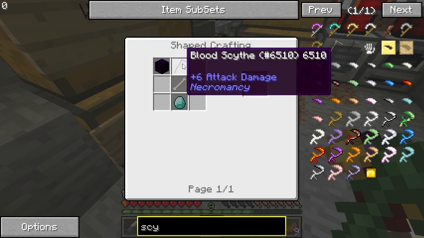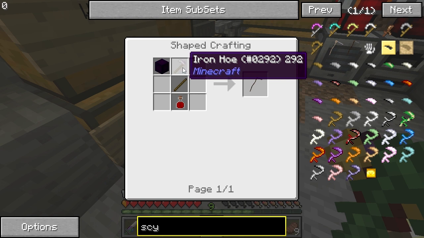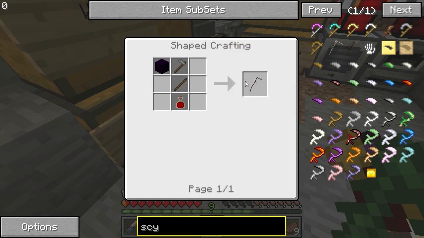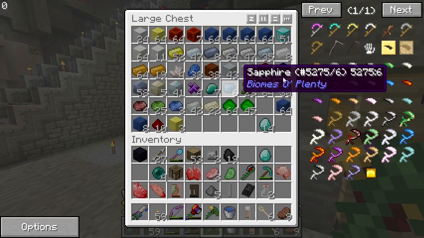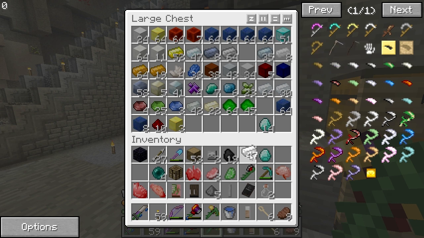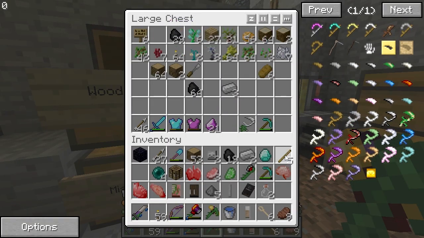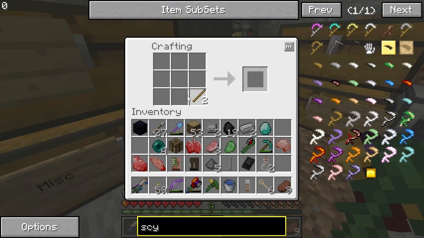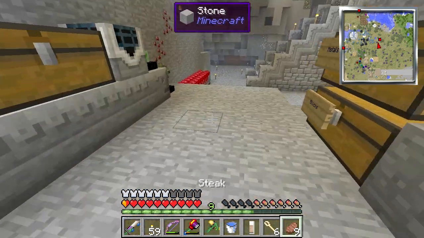Let's start with this. Oh, you need a blood scythe first. Okay. I see. So we need an iron hoe, piece of obsidian, a stick, and a jar of blood. An iron hoe. I'm surprised you can't just use any old hoe. Iron. And then wood. There we go. Let's make that. Alright. So now we need to collect some blood, and I guess we could go back to our